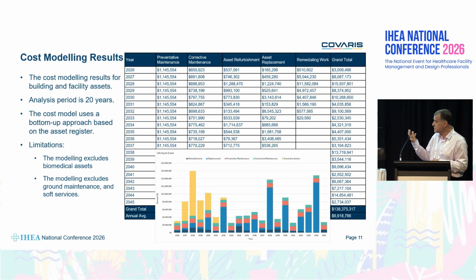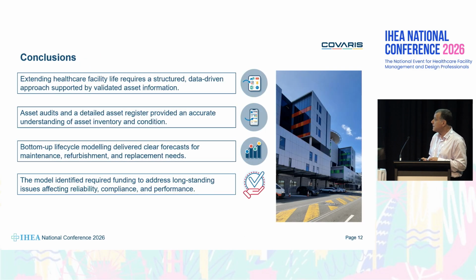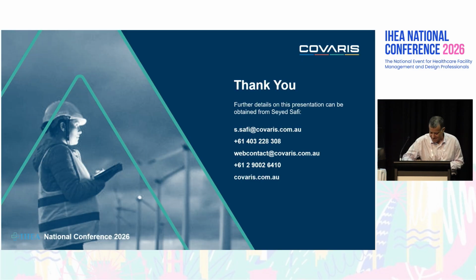So basically, that's the process in a simple, quick 10, 12 slides. And that's where we got to. So the model was bottom up, goes through those 5 cost components and gives you what is expected to be done to extend the life of this building if we want to do so. Then you can make a good decision: do we build it or do we go and